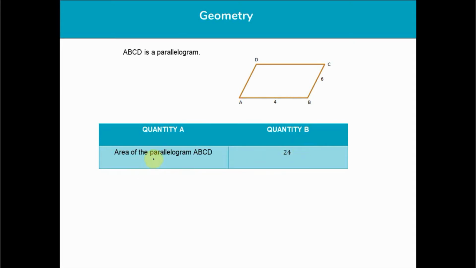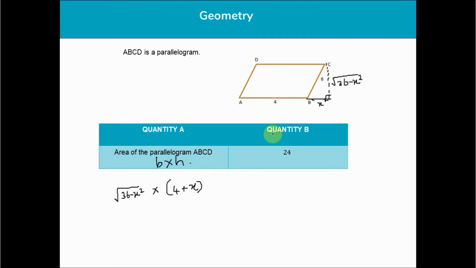The immediate instinct for students is that the area of a parallelogram is base times height. Oh my God, I don't have a height here. So let me draw a height here. This is the way that students normally do it. I'll tell you how it's not going to help in GRE. Now they will write this as x, and then apply Pythagoras theorem and write it as 36 minus x square. Now they will get the height as root of 36 minus x square, times base 4 plus x. Oh my God, I'm left with the x here. What am I going to do with that? How am I going to compare it with 24?